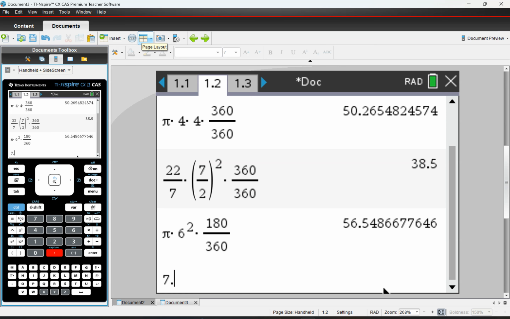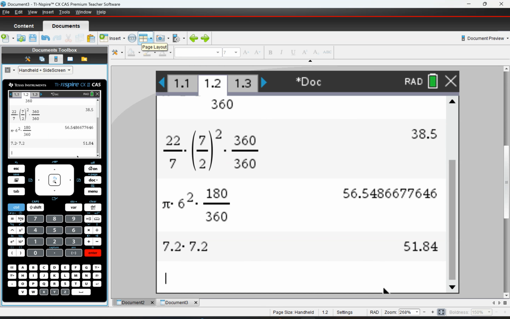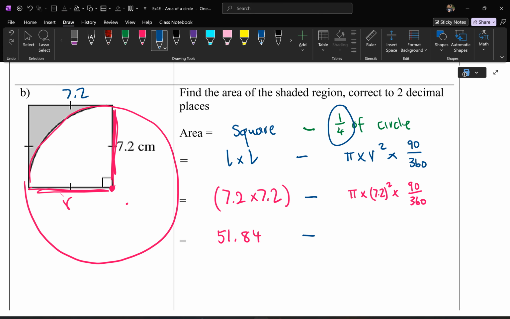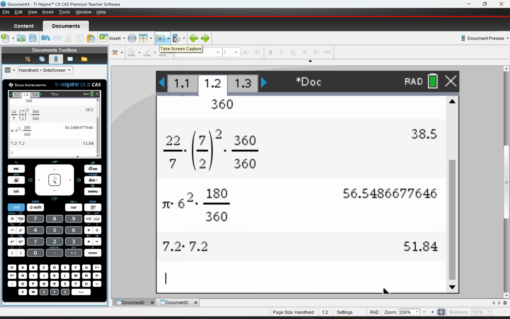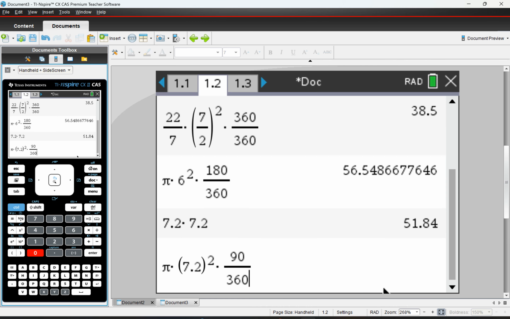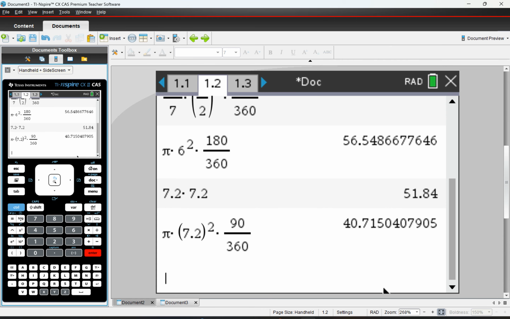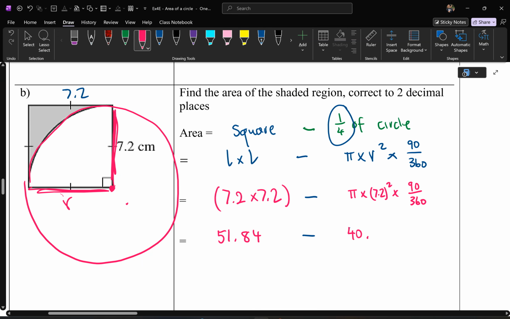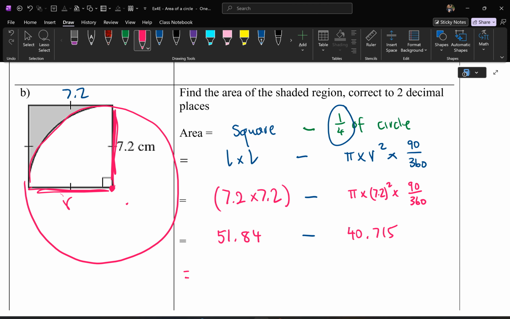So here we go, 7.2 times 7.2. You get 51.84. So this is 51.84 for the square. Minus, let's work out the circle. The circle was pi times 7.2 squared, so radius squared, times, and I wanted 90 out of 360 degrees. That gives me 40.715. Now, I'm going to show you something that I don't want students to do,